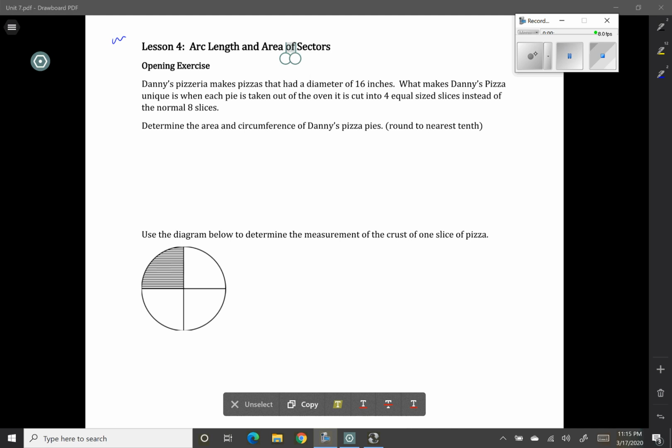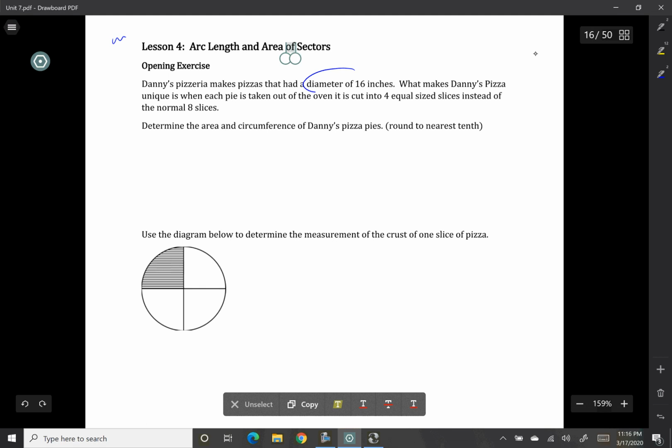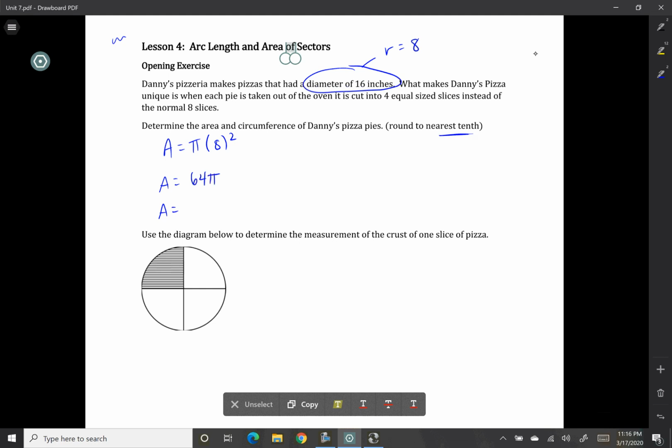All right, so hopefully you tried this. If you remember from class in a previous lesson, we learned how to find the area and the circumference of a circle. A pizza is just a circle. Since the diameter is 16 inches, we know that the radius is 8 inches. To find the area of one of Danny's pizzas, we would say pi times 8 squared. So the area is going to be 64 pi. Type that in our calculator, since it says nearest tenth, and if we do 64 pi, we get